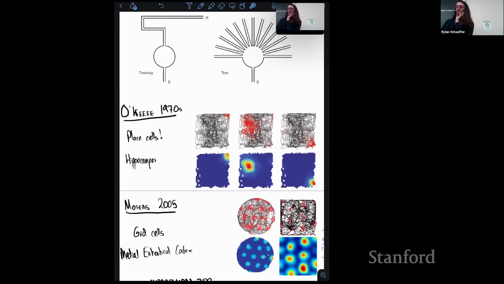They stuck an electrode in a different area of the brain, the medial entorhinal cortex. And so this is the hippocampal entorhinal system we're going to be talking about. And they found this neuron called a grid cell. So again, the same plot structure that I'm showing here, but instead these neurons respond not in one position in a room, but in a hexagonal lattice of positions in a room.